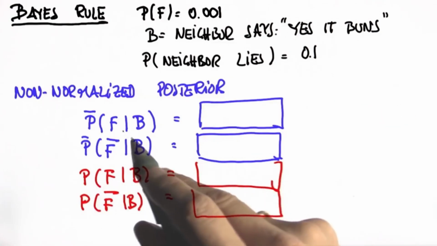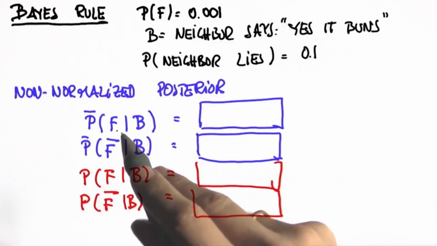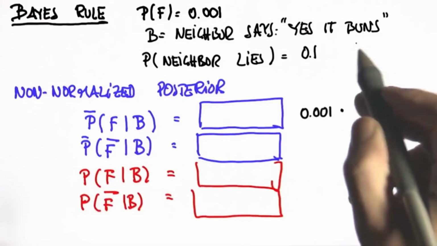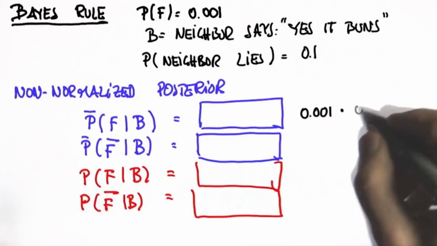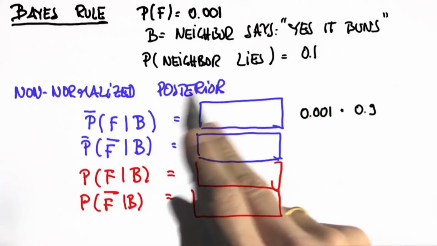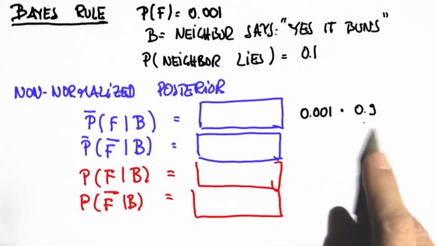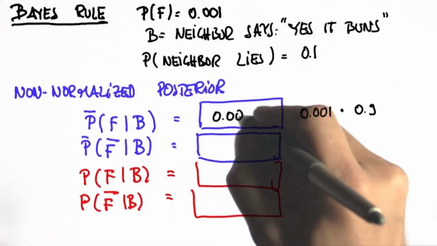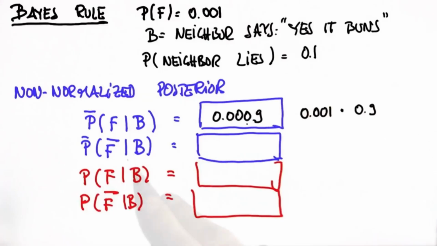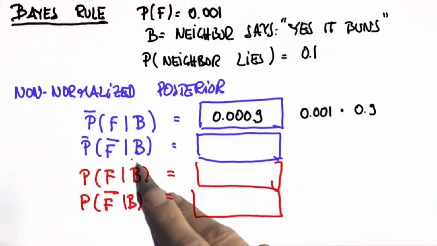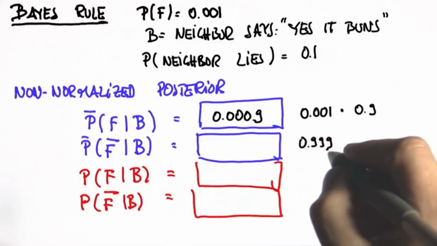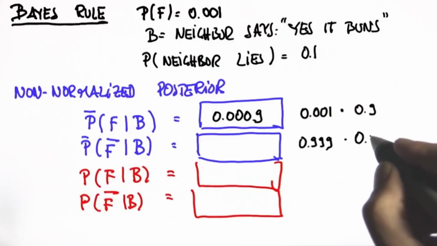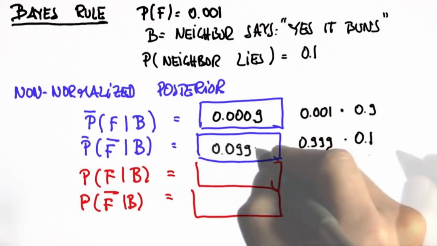And here are my answers. The prior for fire is 0.001 times the probability that the neighbor now correctly says yes it burns, which is 0.9. He lies with probability 0.1, so the complement is 0.9, gives us 0.0009. For the complement, the prior of no fire is 0.999, but now the neighbor would have lied, which multiplies with 0.1, which gives us